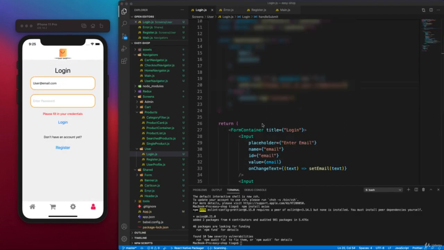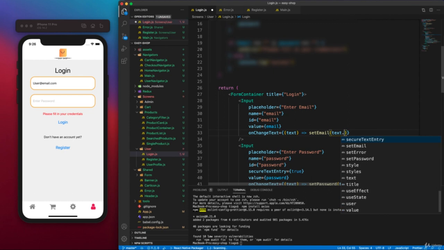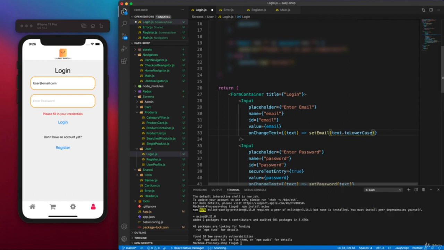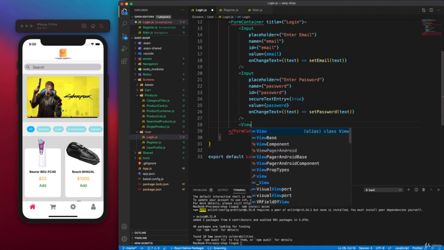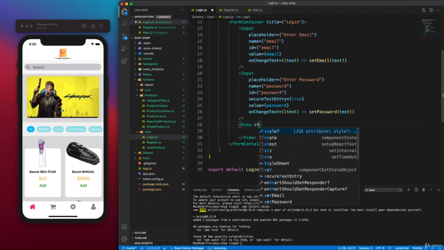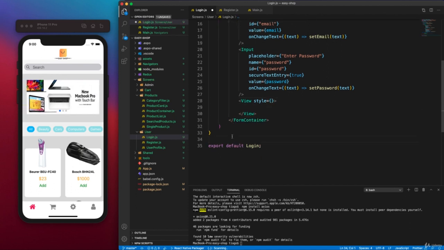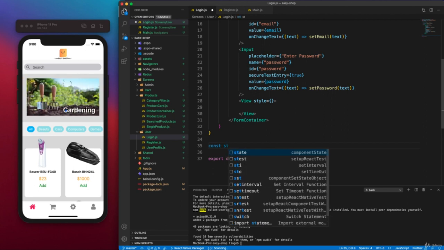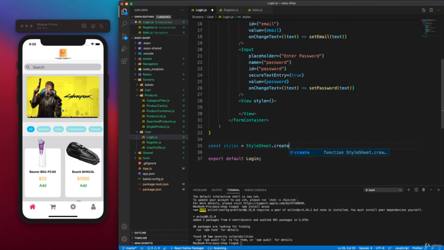And because the login here, this input is case sensitive, we need to set our email. We just come here and we'll say to lowercase. So for the inputs, that's it. And now we will need a view for our button group. So this view will have the styles, and we can already come here and create our style sheet constant. So it says const styles, StyleSheet.create,